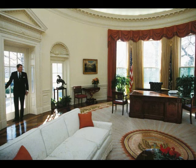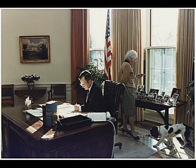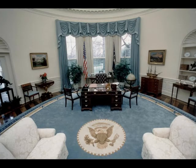Looking back at the Oval Office that now belonged to George H.W. Bush, the first of the Bush presidencies. And now the unique thing about President Bush, and there he is with First Lady Barbara Bush and his dog Millie, was that he worked at the HMS Resolute desk, but then a new desk was installed, and there was